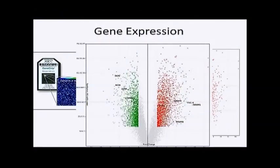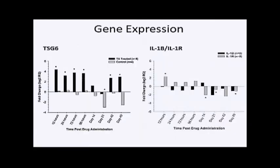So we had a lot of genes to choose from, and we certainly weren't going to look at every single one of these. So what we did is we looked at the statistically significant ones. And so now this kind of narrows our field a little bit. You can see that the gray dots, these are genes that weren't statistically significantly different from baseline. So based on these green and red dots, we chose a few specific inflammatory mediators to look at. And we ended up looking at a total of 20 different genes. I'm not going to show you graphs, I promise, for every single gene. I just picked a few that showed specific trends or statistically significant changes, and I was going to go through those. So the first one I have here on the left is a gene called